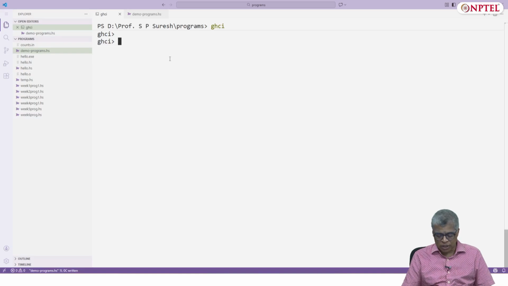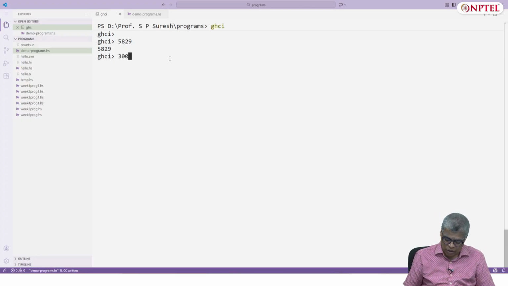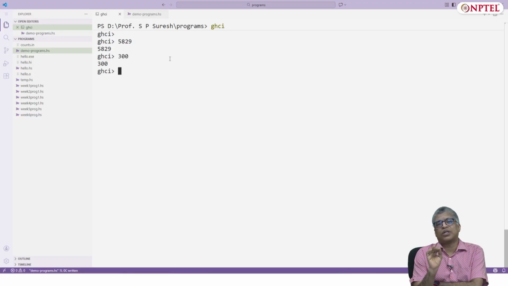Suppose you start with a 4-digit number. Let me start with something random, 5829, let us say. That's a 4-digit number. Now, what do I want of this number? It could be at most 4 digits also. It could be 300 or some such. The only condition is that it should have at most 4 digits, and not all digits should be the same. At least one digit must be different from the other digits. This is the only criterion that I have. So let's go back to our 5829.